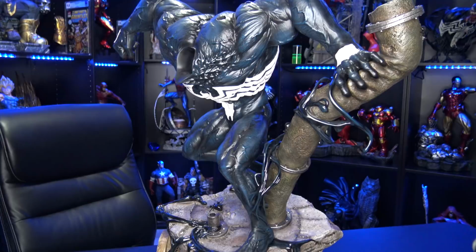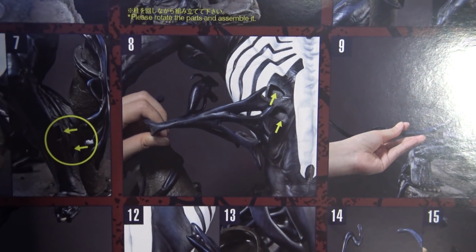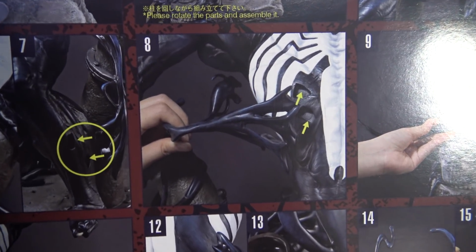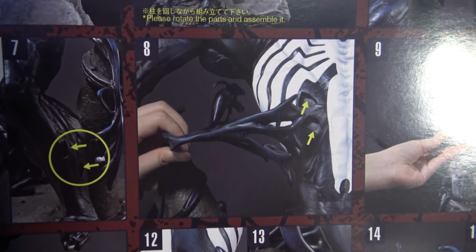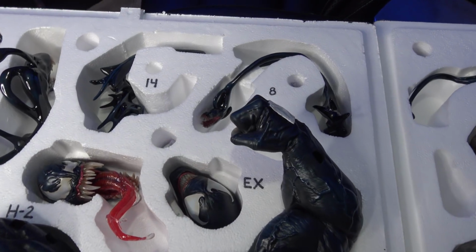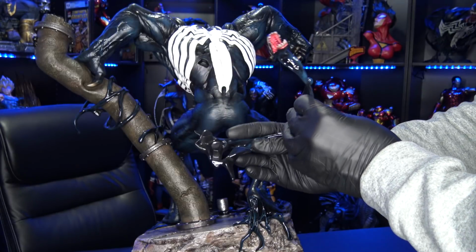So let's go ahead and go on to the next step. You guys know we have step 8, and this is going to be the first piece of symbiote that has a mouth and fangs, and this one is going to plug on the left side of his back. Number 8 is going to be in Venom's packaging as well, all the way up in this corner of the packaging, and this has a couple keys on it as well,